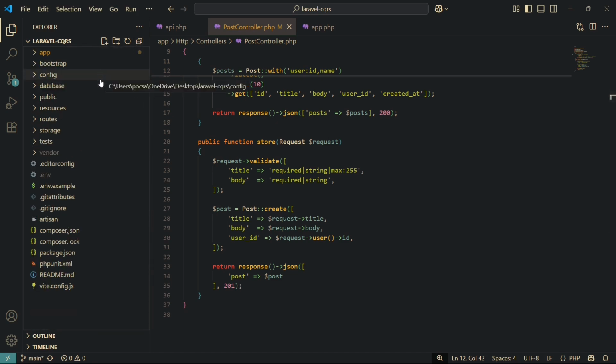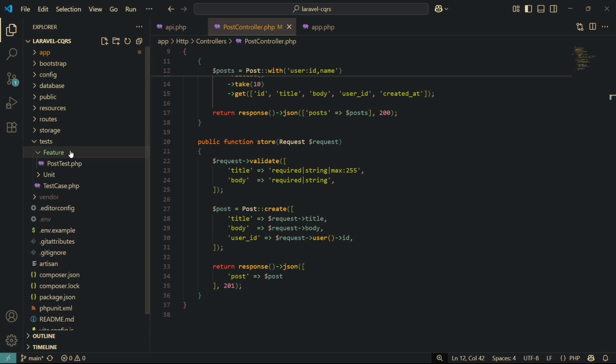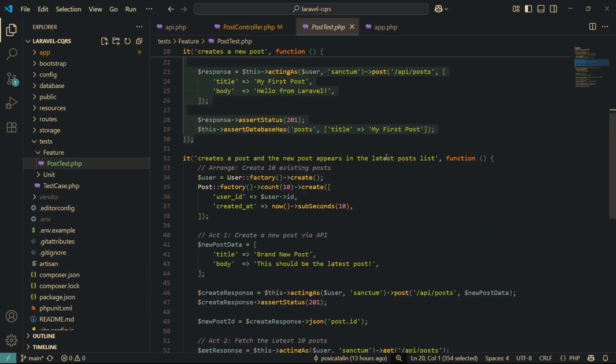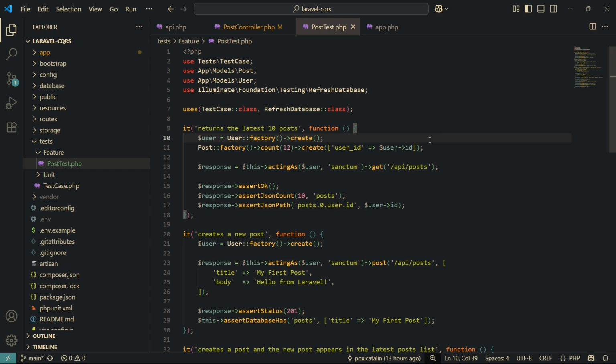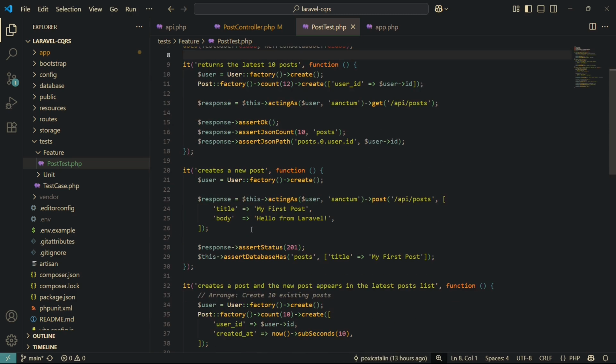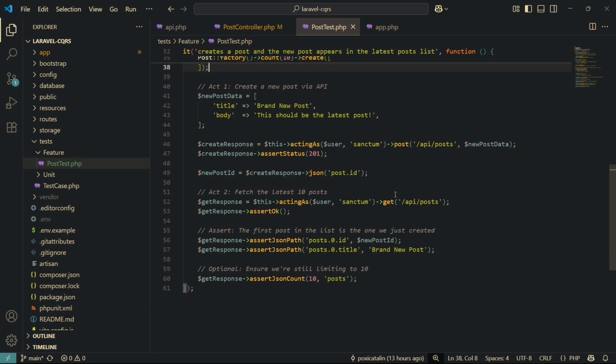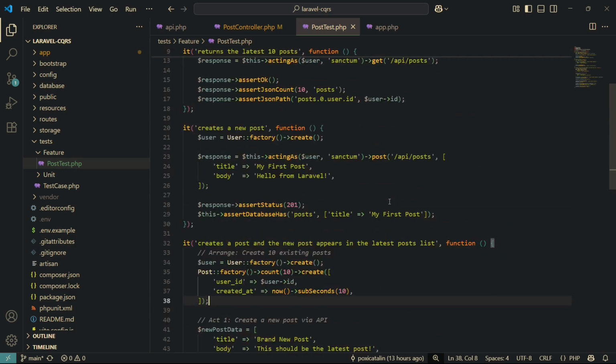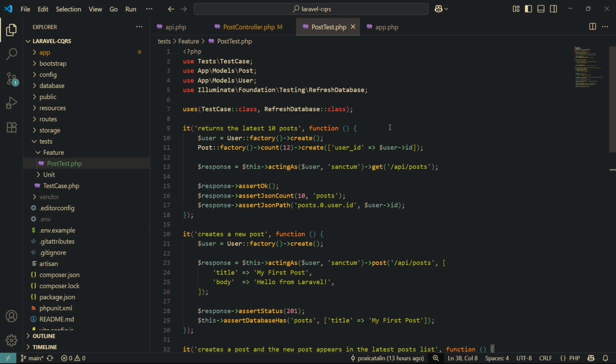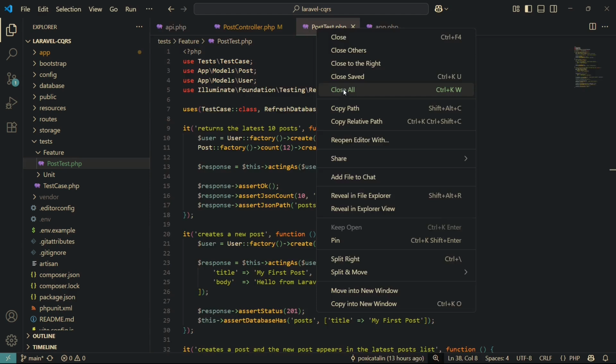And for this, I have set up some tests. So test feature post test.php, and I'm using Pest. Check the Pest documentation. It's pretty easy to install it. You have to remove PHPUnit and then simply install Pest. And then I have this one test, and then this one, and then one that's a bit bigger. Basically, this is the whole starting point, the example project for us that I want to use in order to